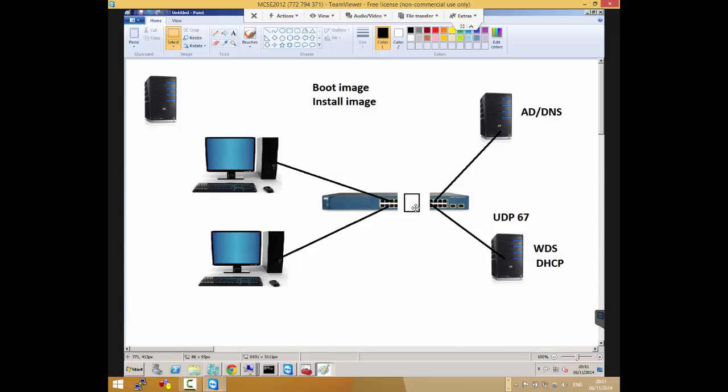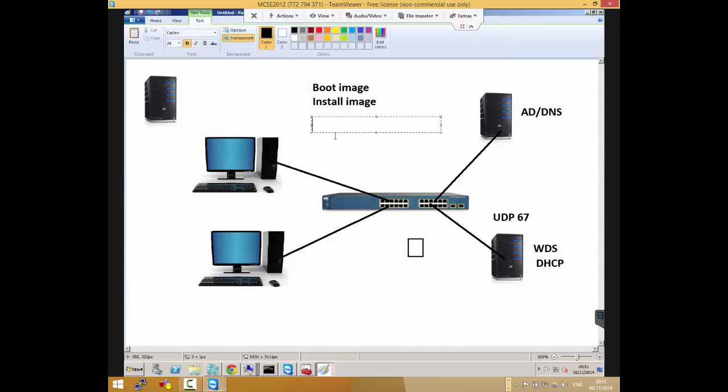Because there are prerequisites to use multicast transmission. One of the prerequisites is that your network device must support multicast transmission. Any switch or router that you're using must support multicast, and you must enable the multicast feature on them, because multicast is a network feature. So that's the first prerequisite: the network device must support it and you must have it enabled.